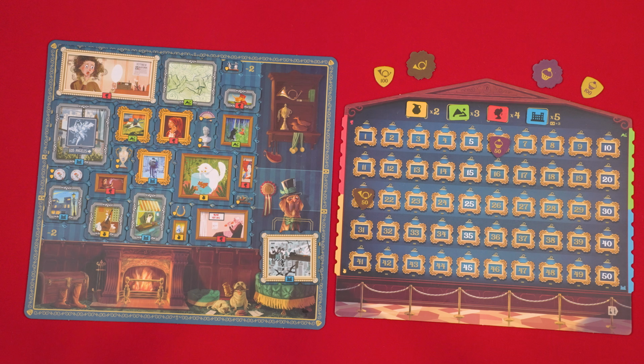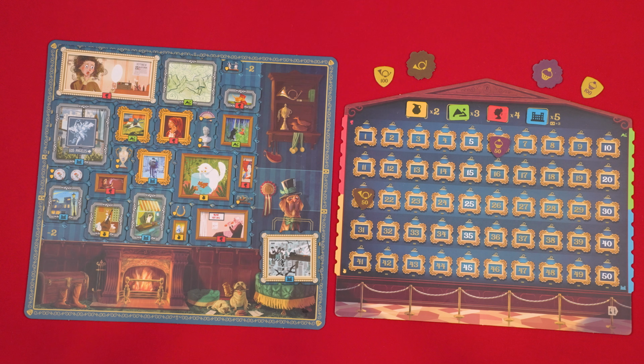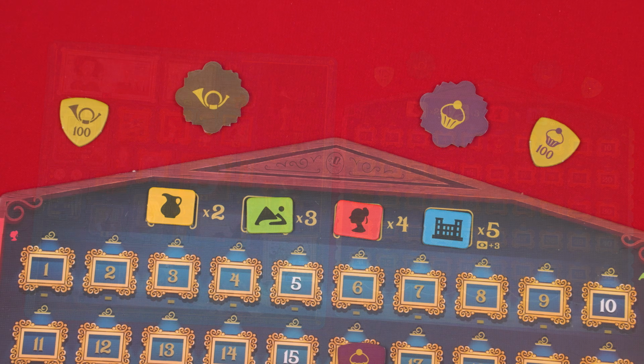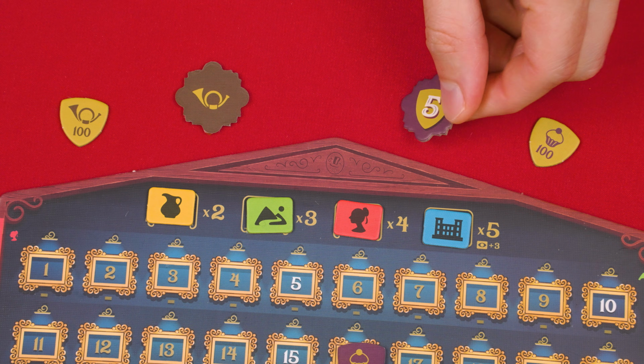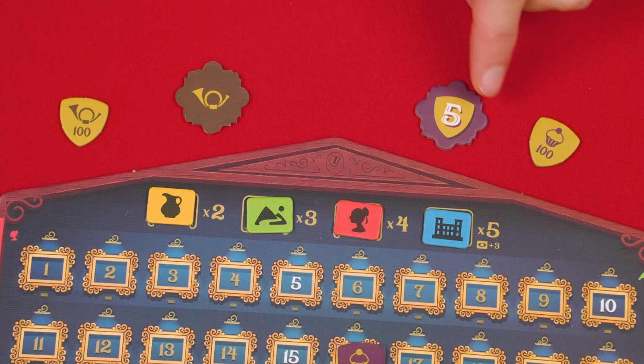more points. Next, if your gallery has no empty spaces remaining inside it, you earn an additional 5 points, but I didn't manage to do this. While playing, as soon as a player has filled their gallery, they can flip this related token face up to show that their gallery is full, and they'll score these bonus points at the end of the game. But don't forget, as soon as a gallery is filled, that's one of the ways the end of the game